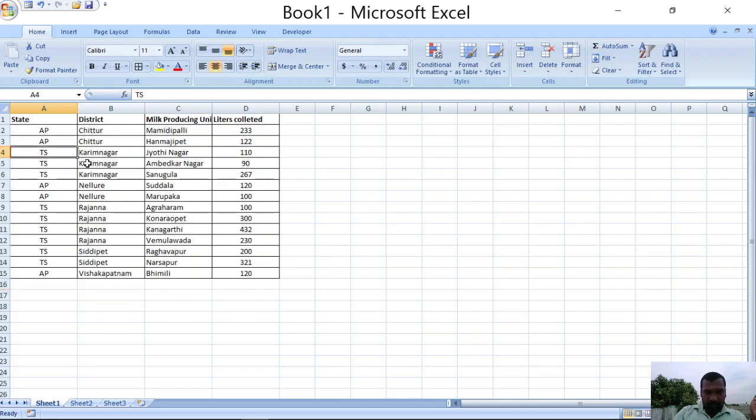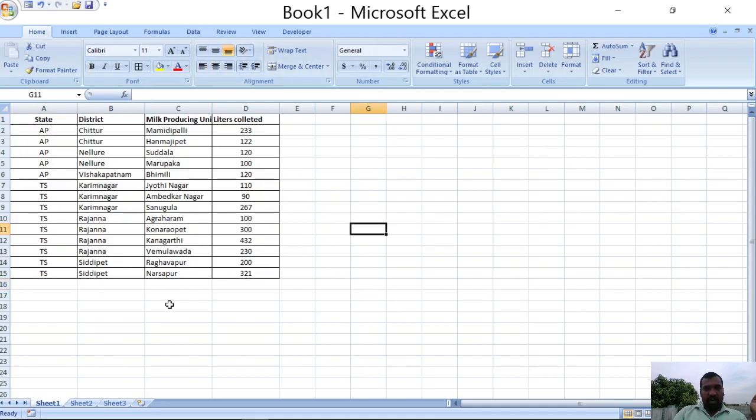If you choose this particular column and click on sort A to Z, then all the AP state information is displayed first, then TS state. Right, so in this way we have sorted the data.